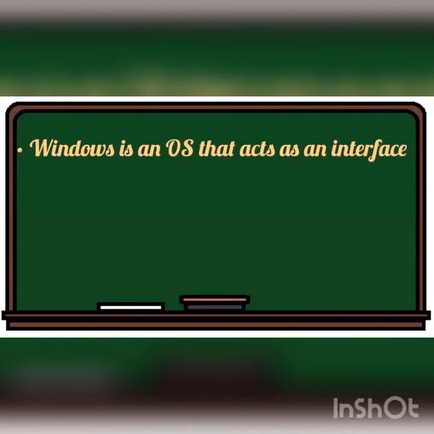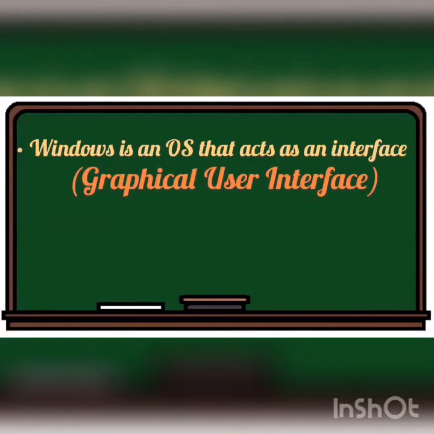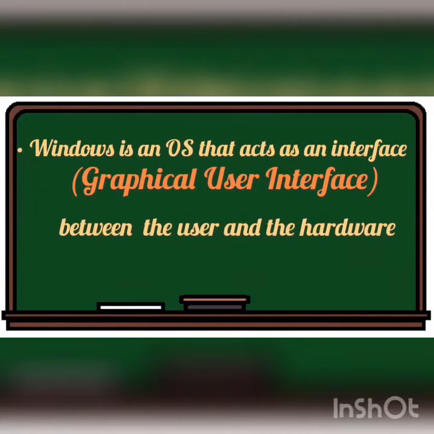So everyone knows Windows is an operating system. So how do we understand whatever is happening on Windows? It is nothing but the graphical user interface, which helps us and the computer to connect, so that they represent everything in pictures and we can understand that format. It is the graphical user interface.